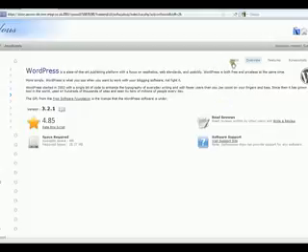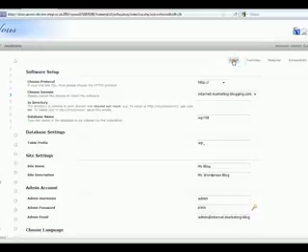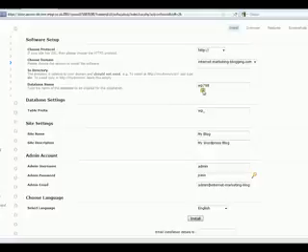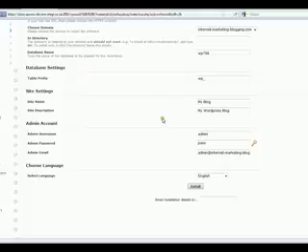And you'll see here that we have an install button at the top here. You can have a read about it if you want to, but we've got an install button. So if we click on install, we already know that it's an HTTP. We know that it's on this domain name. Because this is the first one, we can install this in the root. Alright, we don't need to mess about with the database settings, and we can actually call this whatever we want to. So we've got site name, it's called my blog. Site description is my WordPress blog. We can change those, but we can change those once we're into